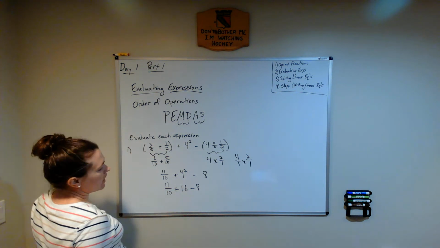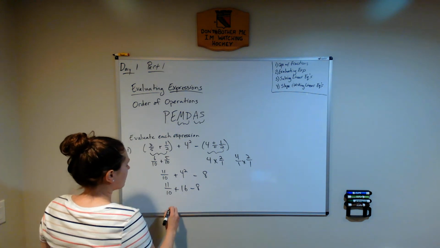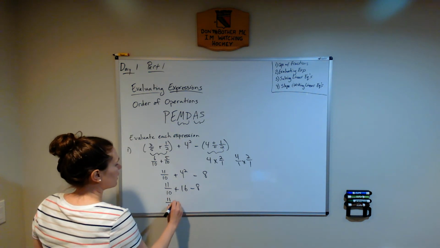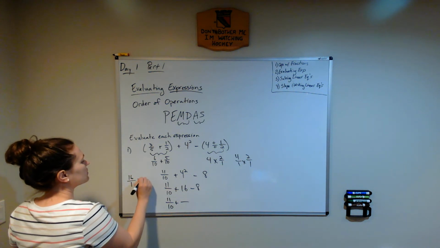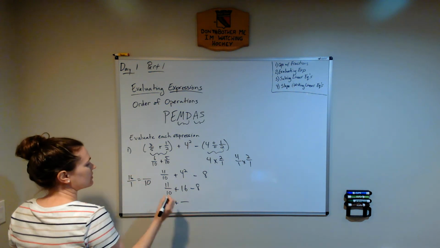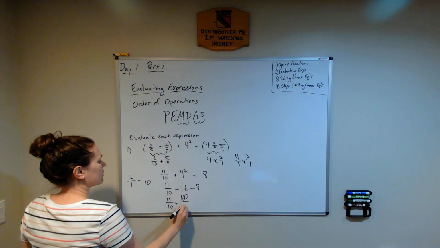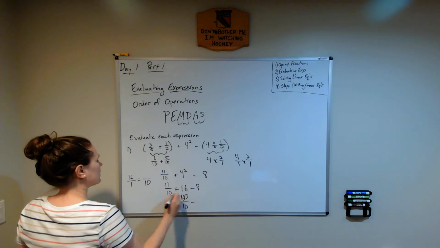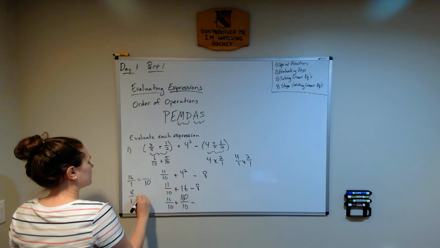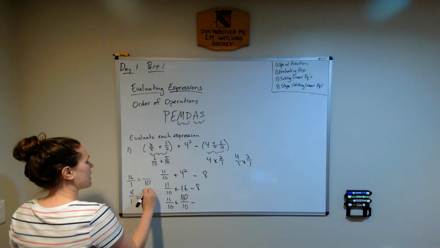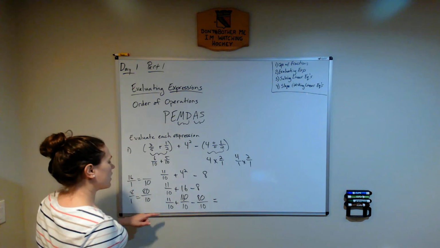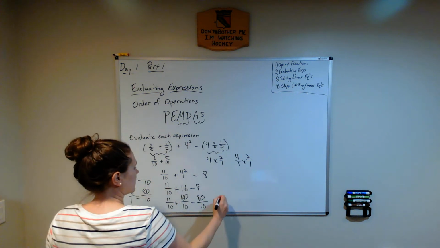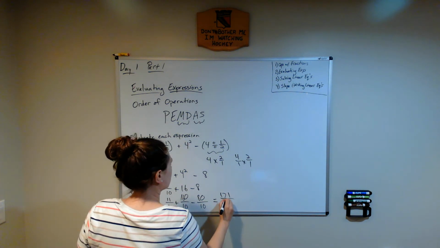So we can see that 10 is going to be the common denominator here. So this is going to be 11/10 plus 16 over 1 is going to become something over 10. Okay, times it by 10, 160 over 10, minus 8 over 1 is going to become something over 10. That's going to be 80 over 10. Okay, and so 11 plus 160, that's going to put us at 171 over 10